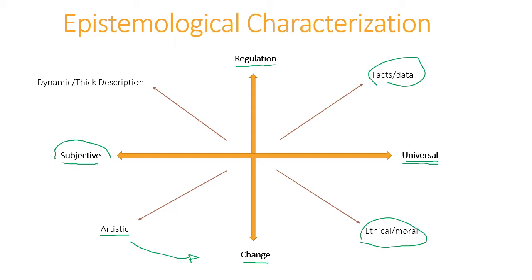A more systematic approach, on the side of regulation, might be what's called thick description. This is an interpretive paradigm where it's trying to systematically describe something like human experience, as in the case of anthropology, right? They're looking at a specific group of people and they're trying to describe what it's like to be those people. So again, it's very subjective, but it's very systematic. That would be the interpretive paradigm over here.